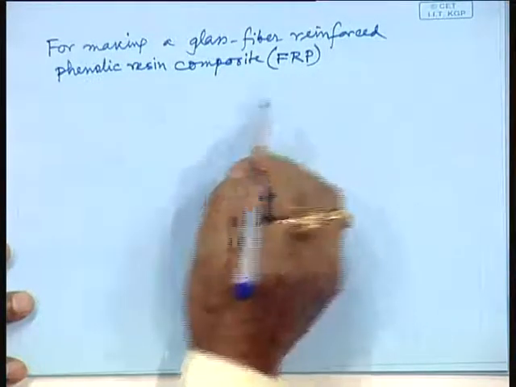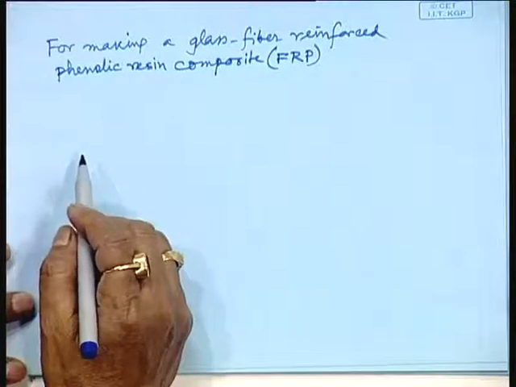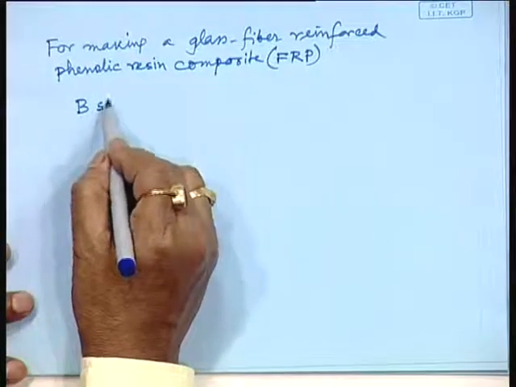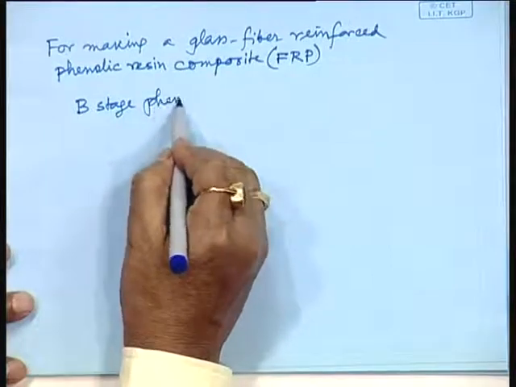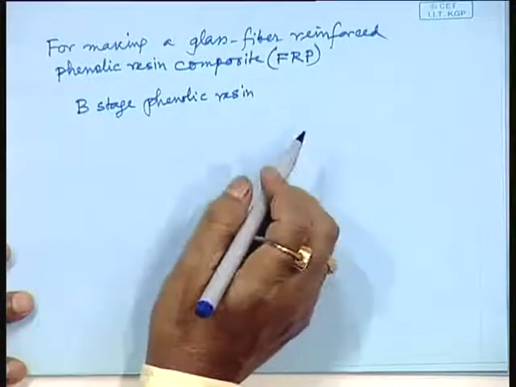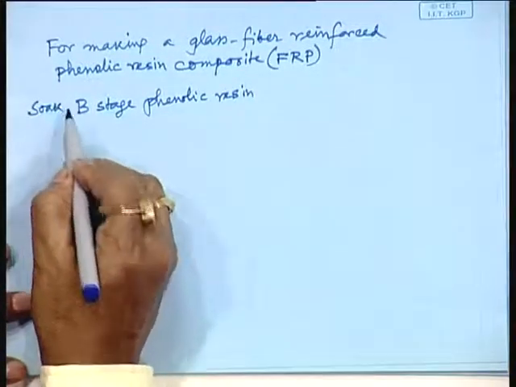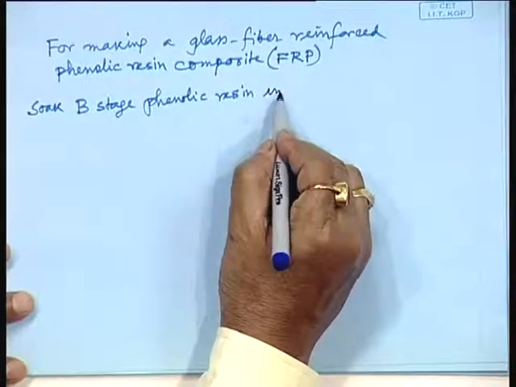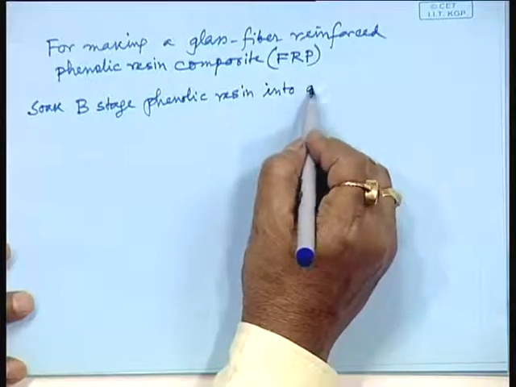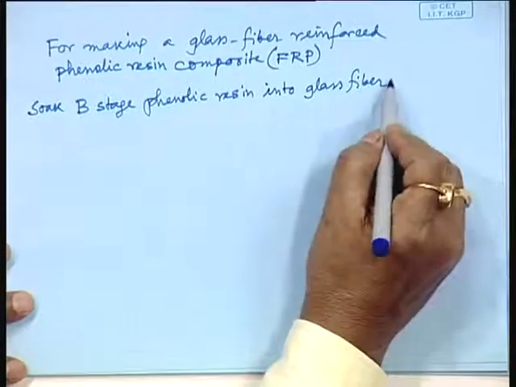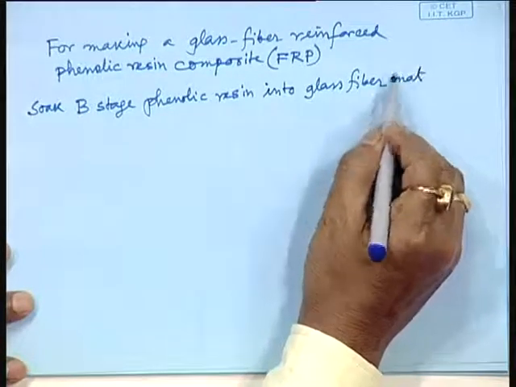You have to synthesize phenol formaldehyde resin up to B stage. That B stage polymer, you take the B stage phenolic resin, soak this B stage phenolic resin into a glass fiber mat or fabric,